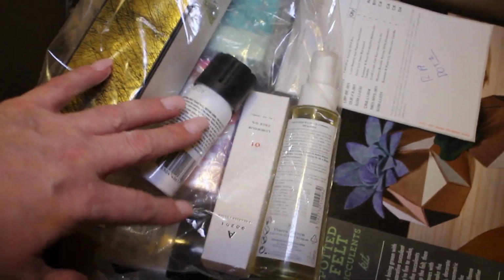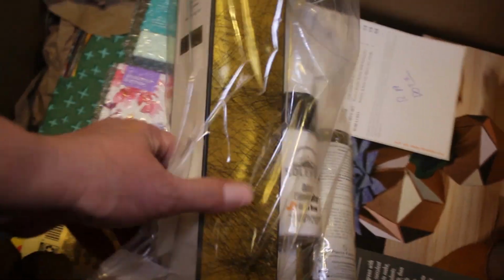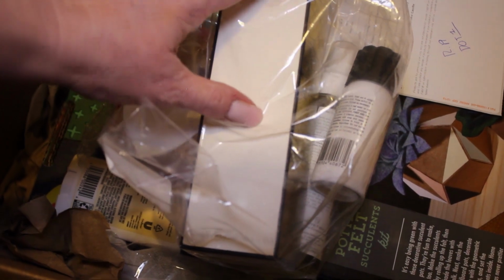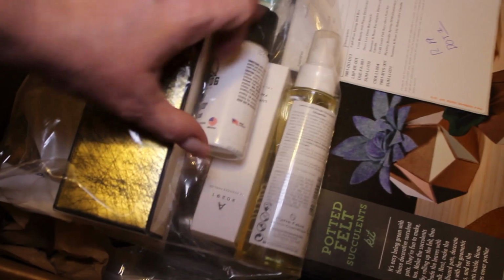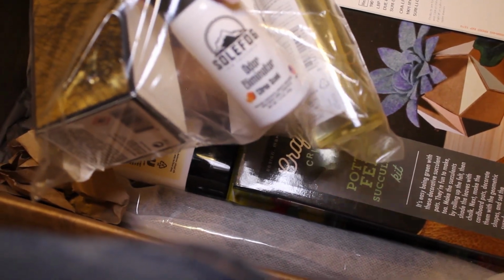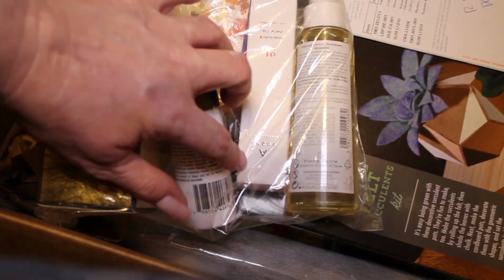This must be my mystery bag, which, okay, I got the Oribe Gold Lust Dry Shampoo. Let's see, I can't read everything. This here is odor eliminator. I don't know. Okay, this I know for sure is the